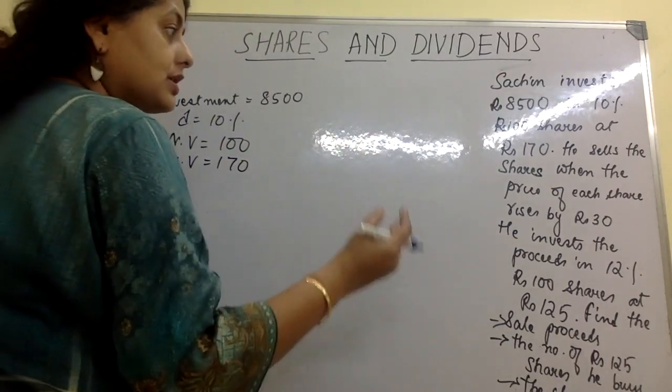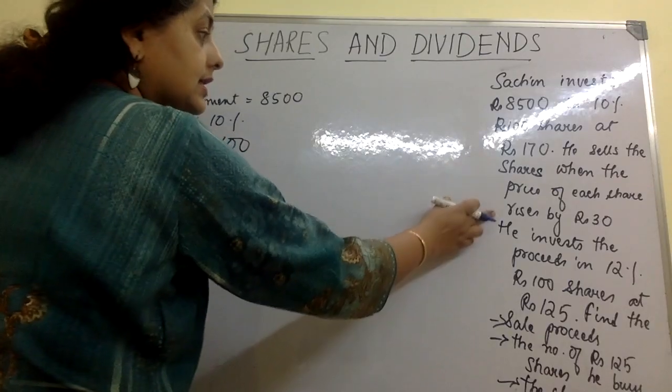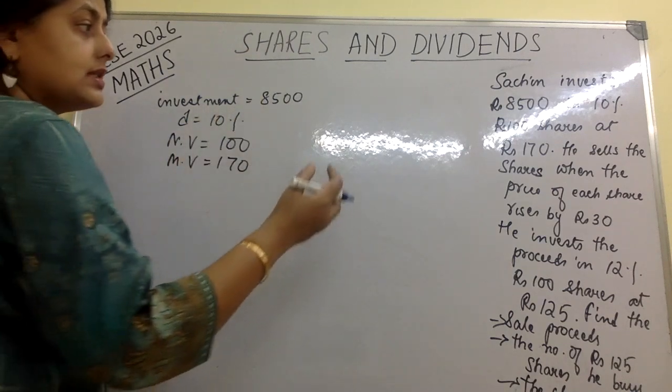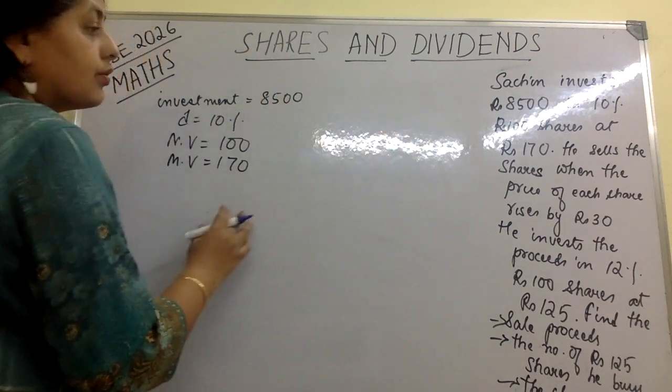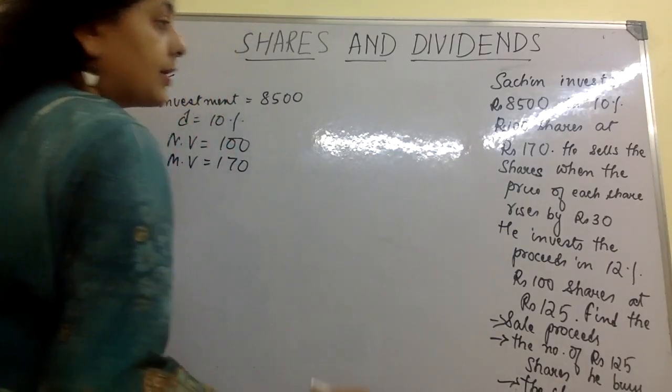He sells the shares when the price of each share rises by 30. Now that is, his selling price is rupees 200 basically. Now he invests the proceeds. We'll go to the rest part of the question later. Okay, first thing is,